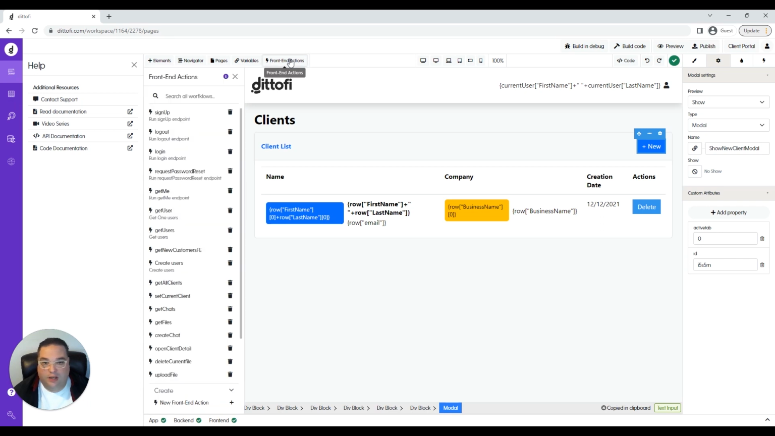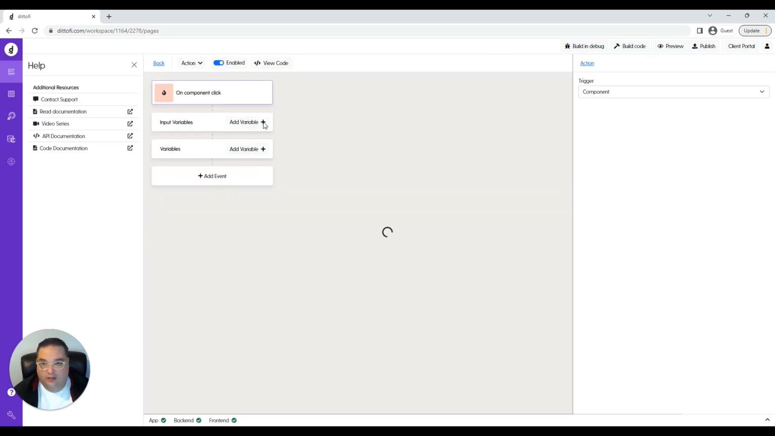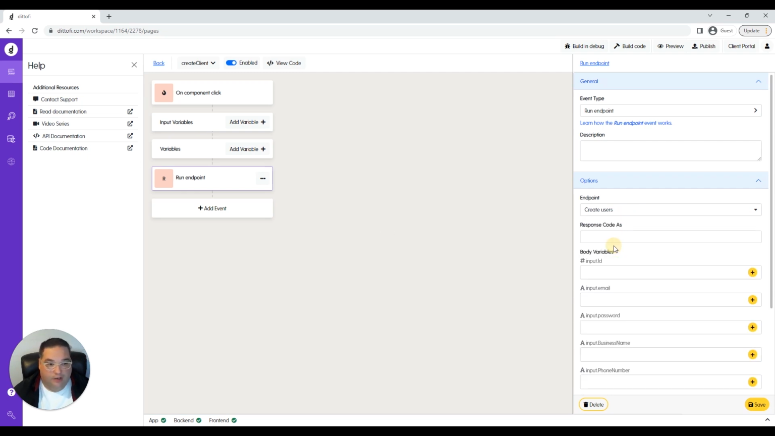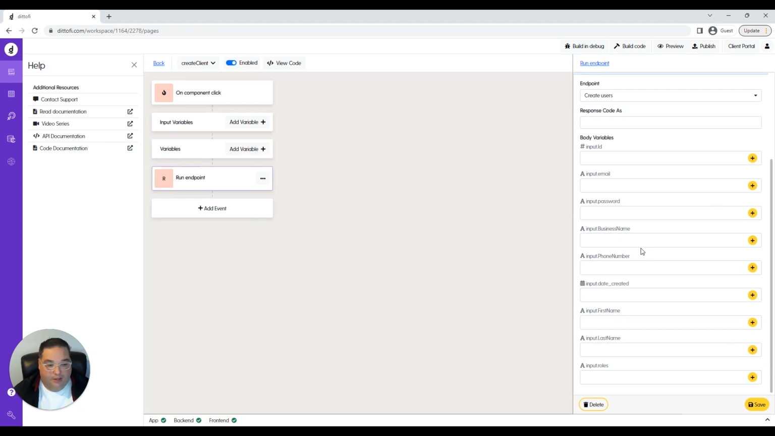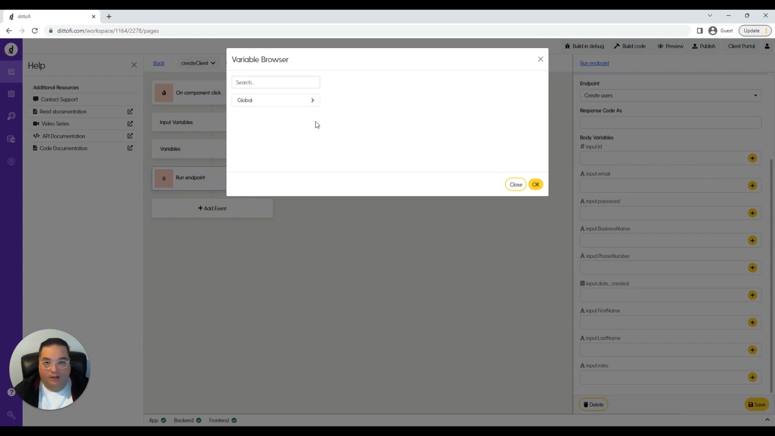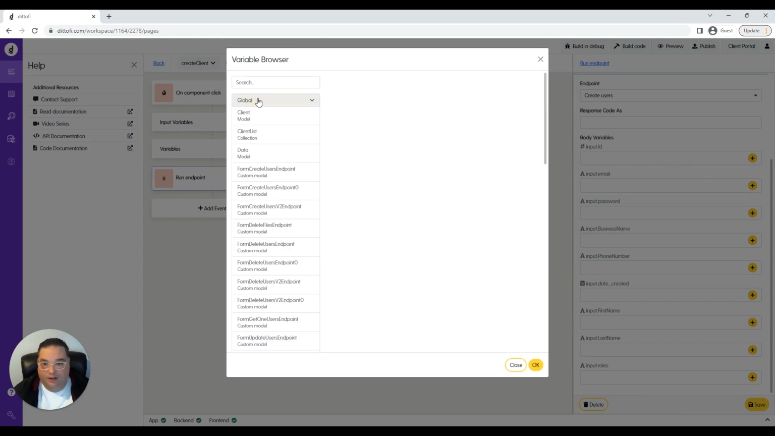Let's create a new front end action, and let's call this create endpoint. And let's choose, and let's select the endpoint of create users. And it's going to ask us to start filling out some of these placeholders here. So let's start, we can leave that input ID blank, but let's go ahead here, and we're looking for create